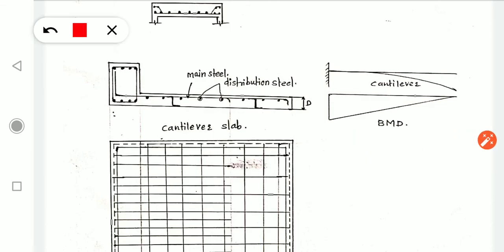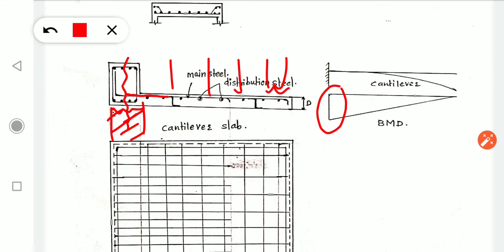Now the third and very important part of the cantilever slab is, you should not end your reinforcement just in the middle of your support, no, you can't do that, because maximum bending moment occurs at the support. Therefore you should continue your reinforcement, and that's the only region which is going to support all the forces coming in this direction, right? All the uniformly distributed load is going to be supported by this beam and this column, right?